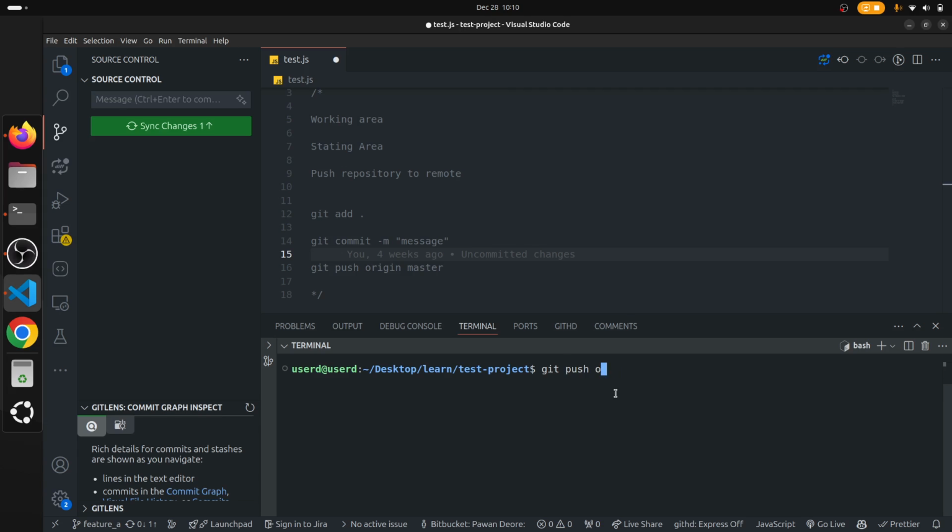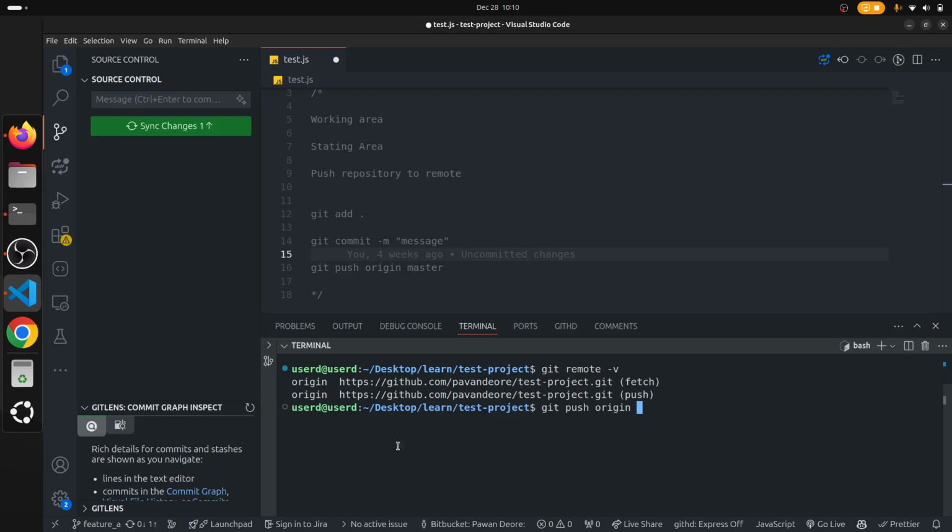So origin is to show you what is stored in the origin. You need to type git remote -v. So basically origin is a name alias. So basically we are pushing this branch to the origin, and with the origin we have mapped our GitHub repository, right? So that's what we are saying here, like git push origin